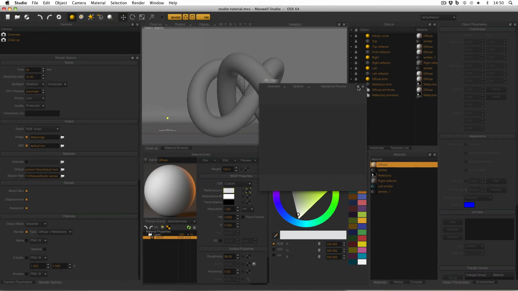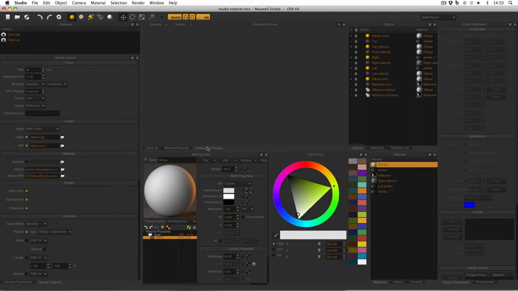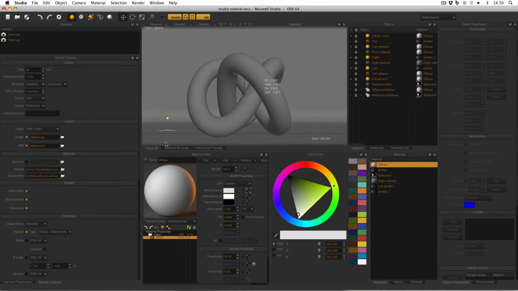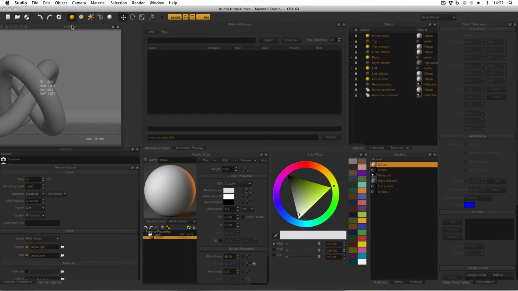The first thing to do is to click on this Attach button in the top right of the interactive preview. That'll tab the interactive preview with the viewport. This is important because you don't want it floating. Then what I'm going to do is keep my viewport, but click on the title and drag it above the cameras. The cameras window should move out of the way so you can release the viewport and